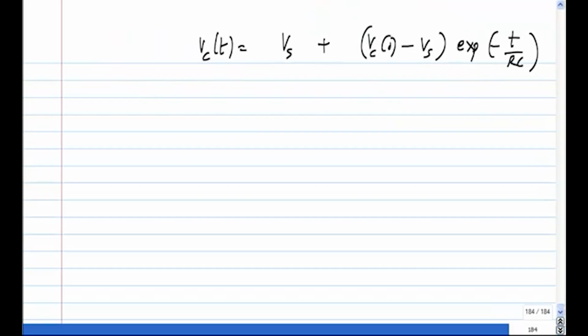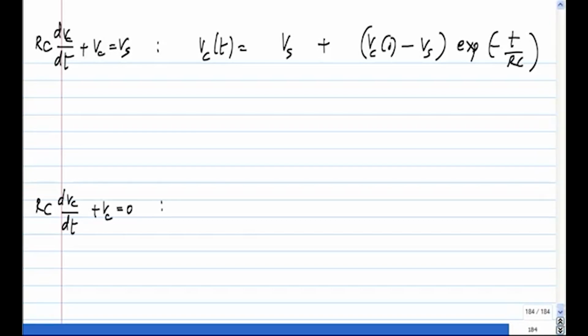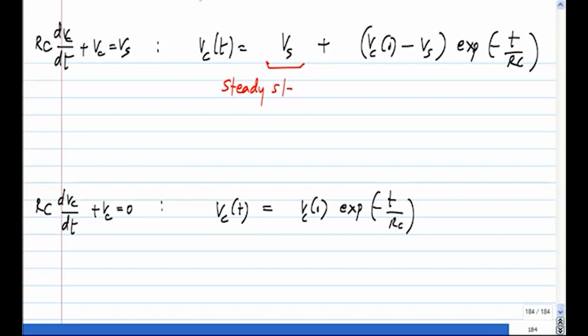So this is the solution to the equation. Then we took the homogeneous case, and the solution to that was with zero inputs. So this part is known as the steady state response,